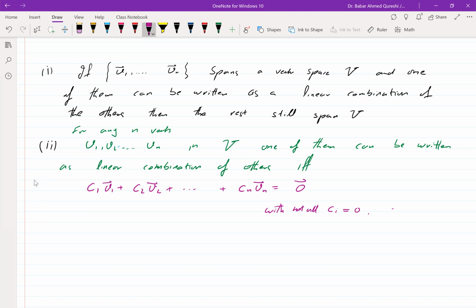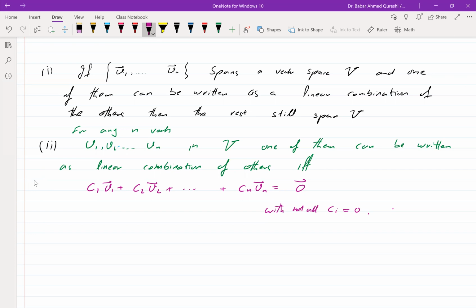Because if you pick any number of vectors and you pick the constants to be 0 in front of the linear combination, then any number of vectors give you a 0. So if you have a non-trivial combination, that you can make a 0 with at least one of them non-zero,